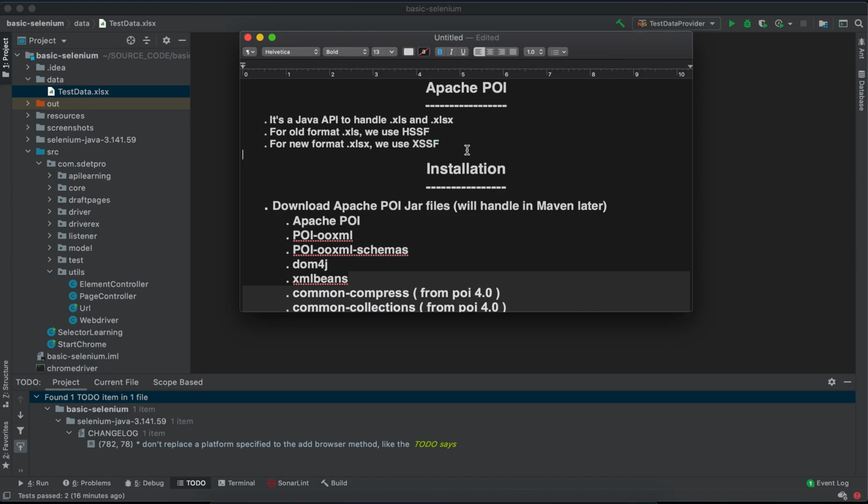As of now, we are not using Maven, so we need to download all the libraries manually ourselves. When we switch to a Maven project, we will manage them in a POM file, and I will introduce that later. Okay, so if we want to interact with an Excel file, the first thing we need is Apache